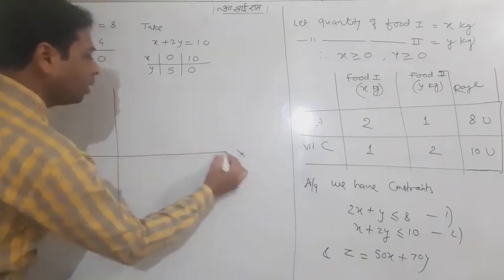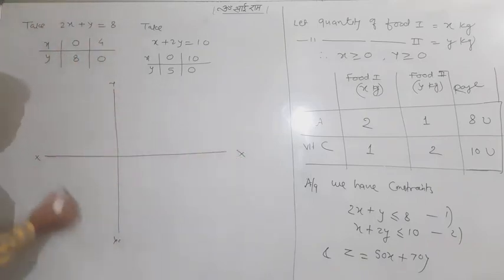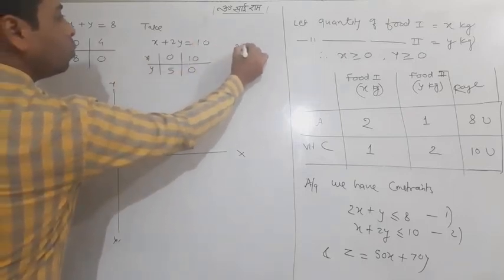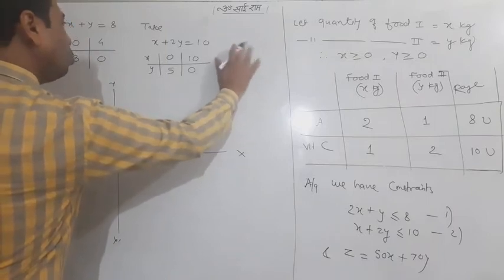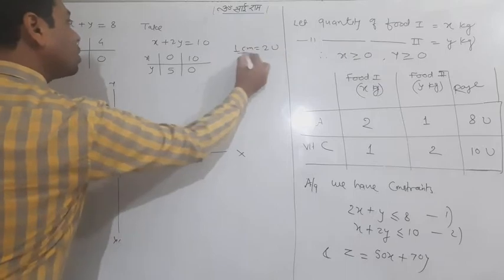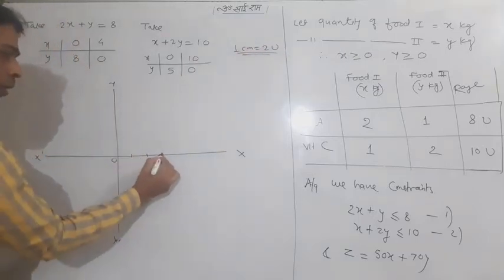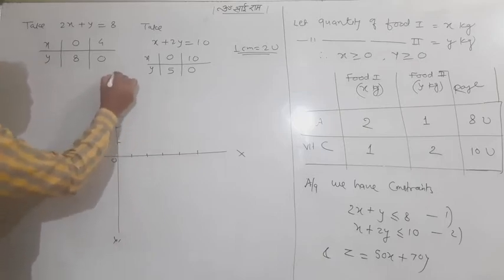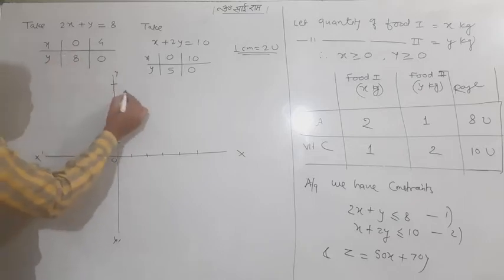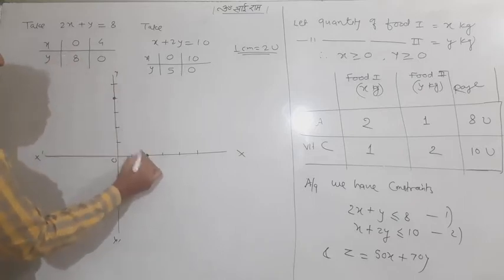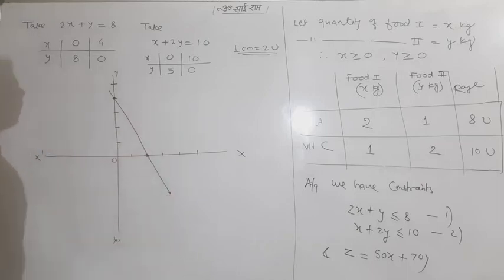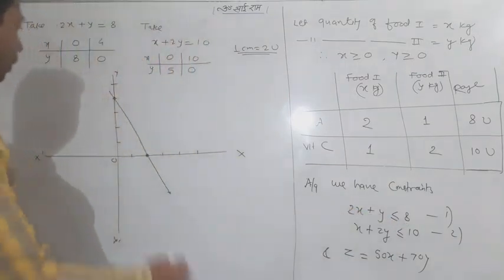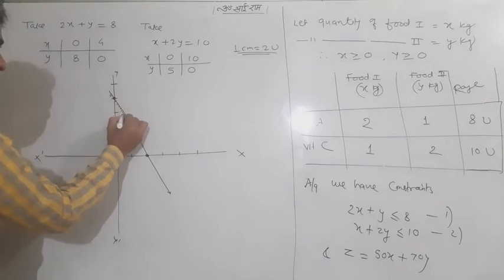That is also very easy, isn't it? X and y axes. What do you think up to 10? I'll go with 2: 1 centimeter equals 2 units. So the scale is 2, 4, 6, 8, 10 on both axes. Enough. Now go on, 0, 8. This is my point (0, 8). It ends at (4, 0). So I'll draw this line. Take an arbitrary point here. I'll choose the arbitrary point (0, 0). 0 plus 0 is less than 8. True. True means the downside. Can you see? Downside.